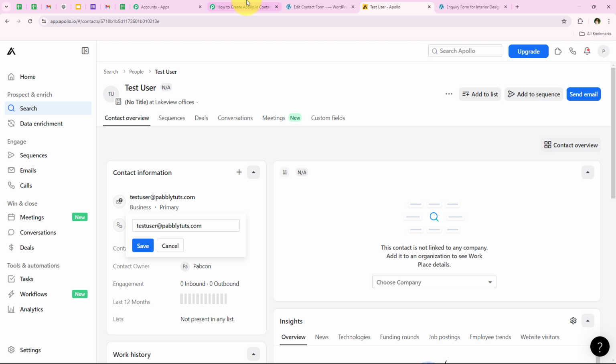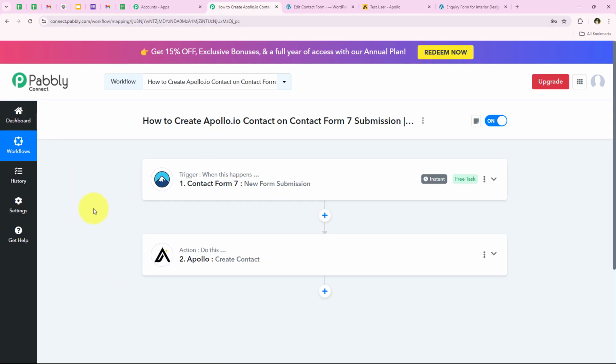So now with this we have successfully completed our workflow, and we have successfully tested this workflow in real time too. And now I'll just summarize this workflow for you once. For the trigger application, we selected Contact Form 7. For the trigger event, we selected New Form Submission. For the action application, we selected Apollo, and for the action event, we selected Create Contact, because I wanted